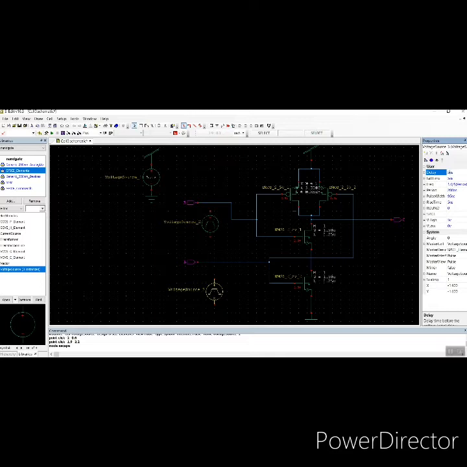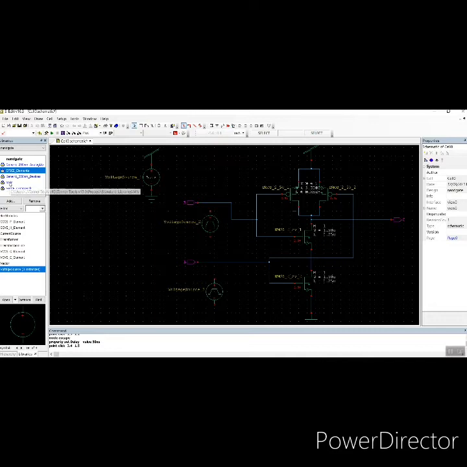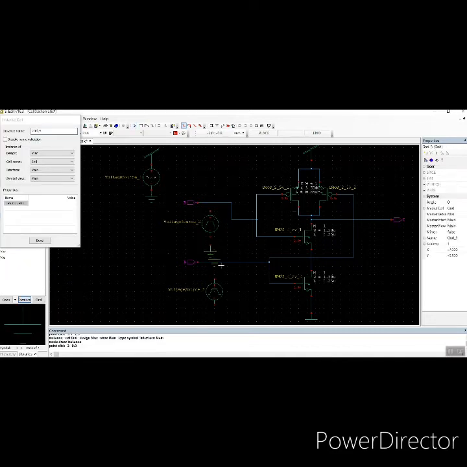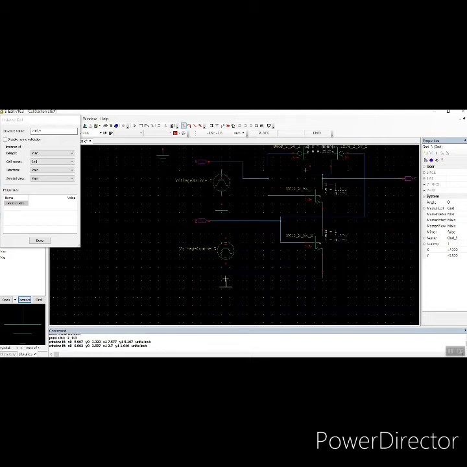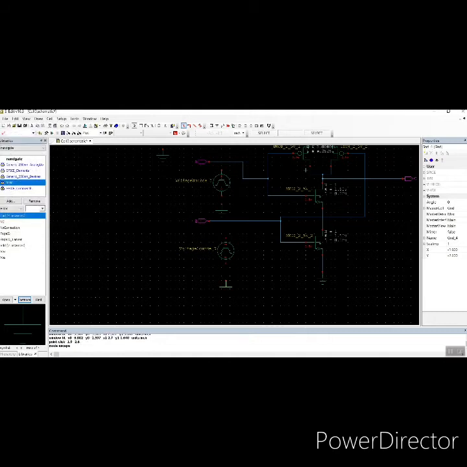So we need to give the delay as 50 nanoseconds. Then we need to insert the ground. Almost we are done with our connecting design process. Then connect the remaining elements with wire.